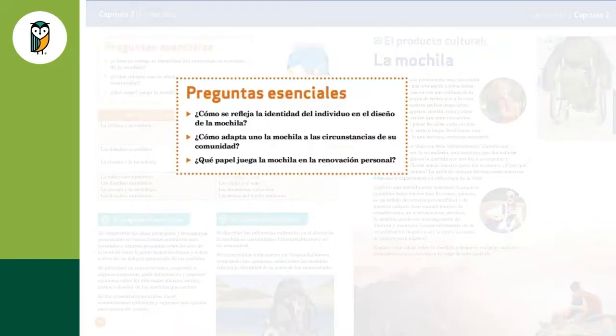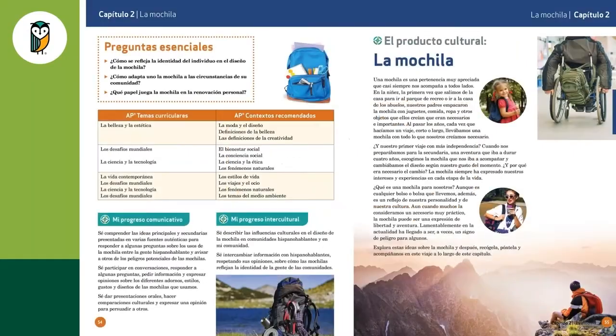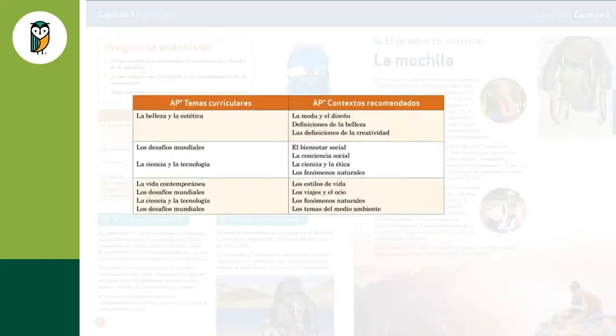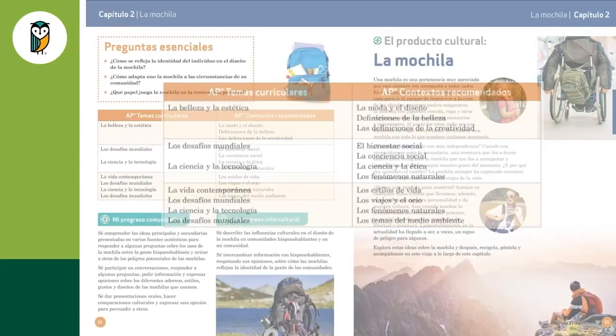The preguntas esenciales set the tone for each of the 3 conexiones, that progression from personal to intercultural perspectives. A list of AP themes and sub-themes support an integrated approach to each topic, much more logical and natural and organic. The Mi Progreso